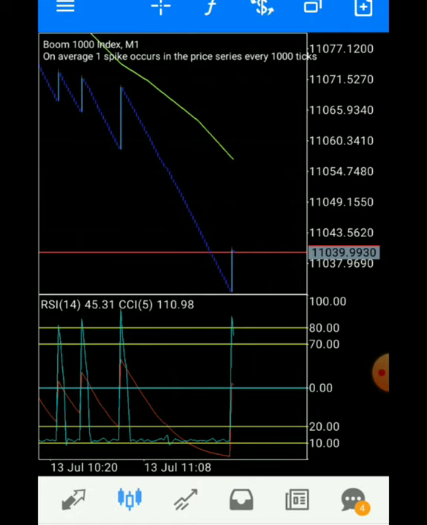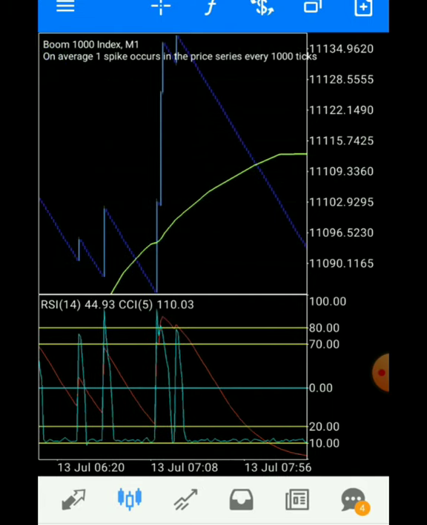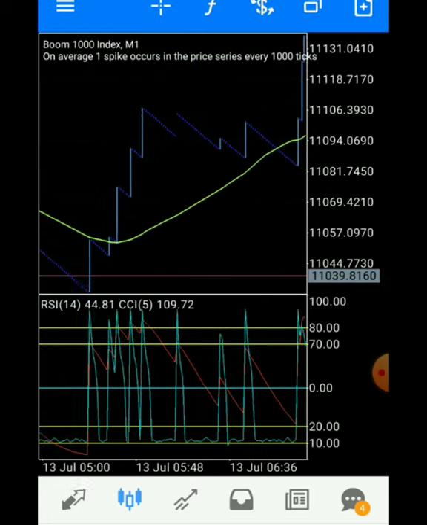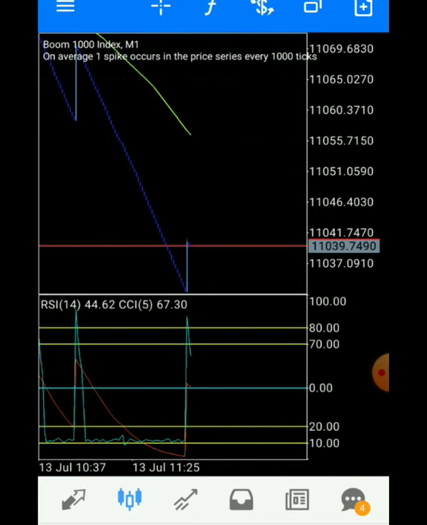I know it's been quite a long time since I posted a strategy, and that's because I've been quite busy with the students in the academy and in the boom and crash community, and at the same time trying to put together the volatility index training that is coming up soon. So I've been quite busy with a lot of things, and that's why I've not been able to post strategies lately. But I've been testing this strategy for a while now, and it's been working quite fine. And I decided to share it with you guys so that we can all keep winning together.